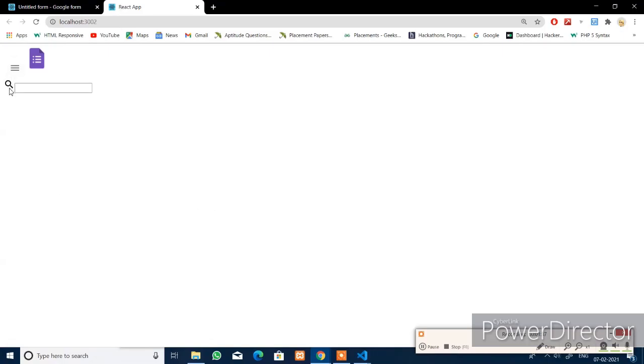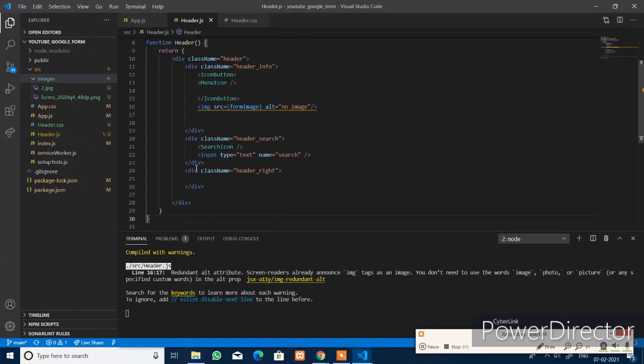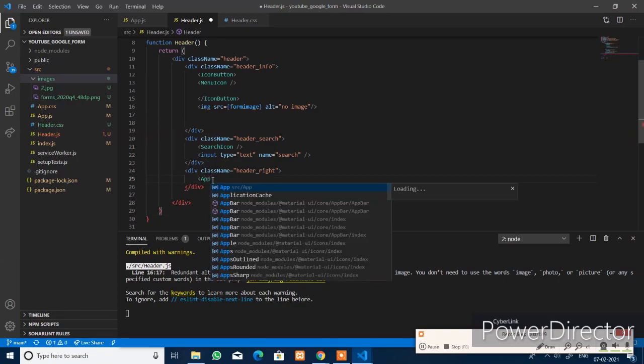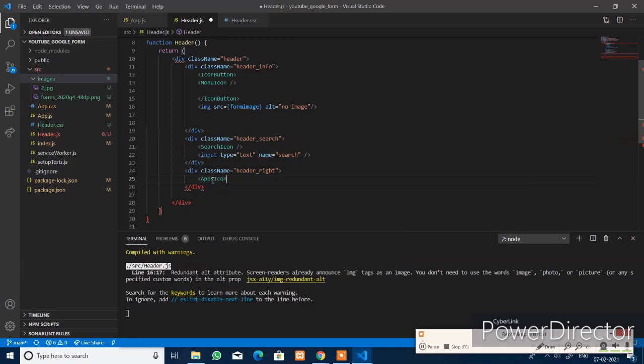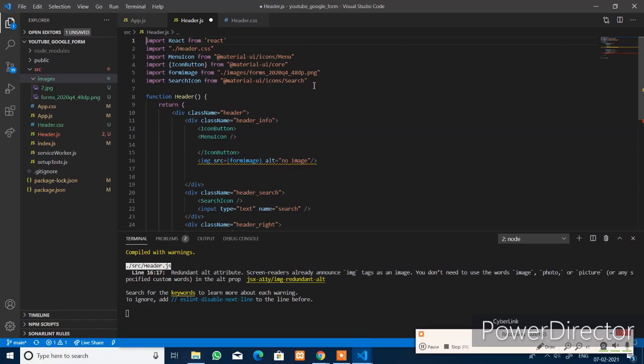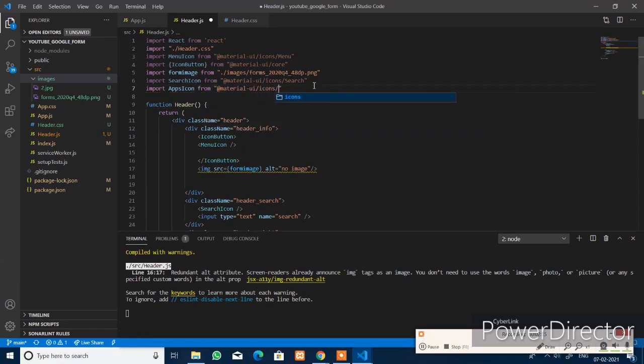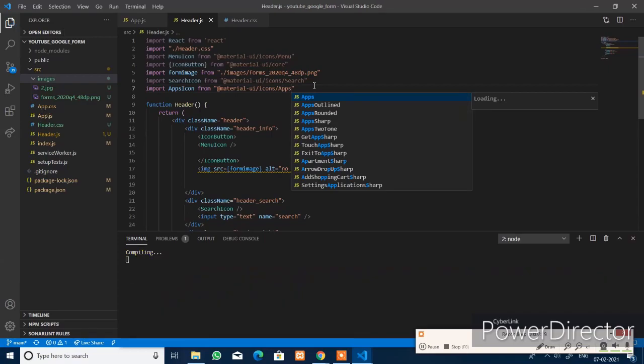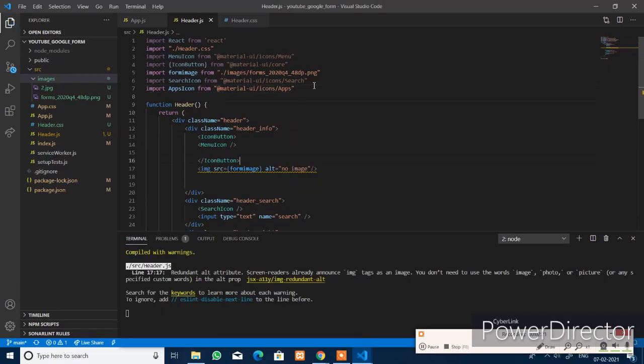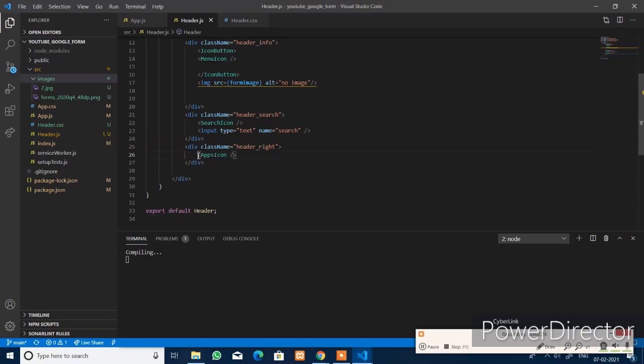You got a search icon and the input text, and here you import apps icon, apps icon. Save it. Place this within the icon button.